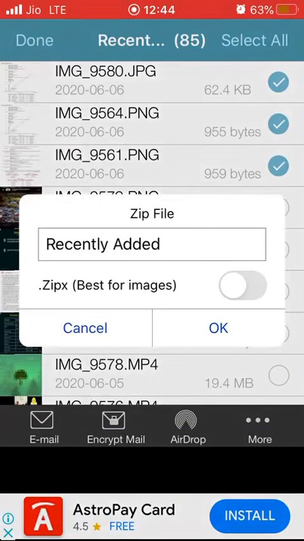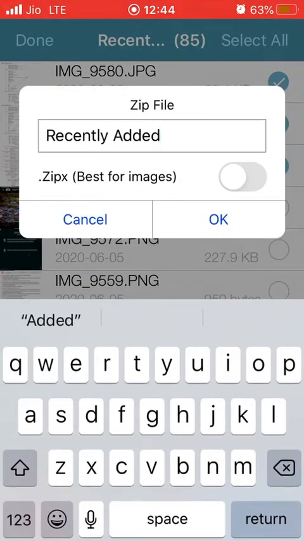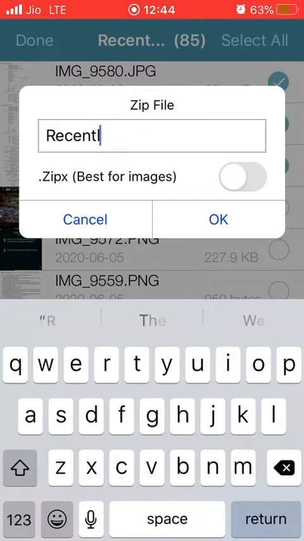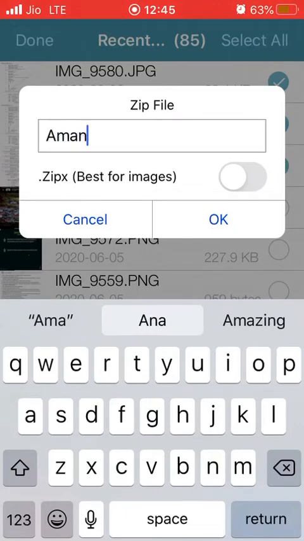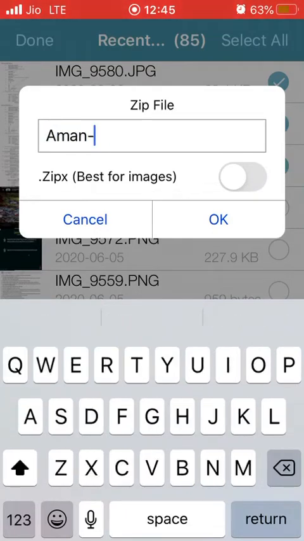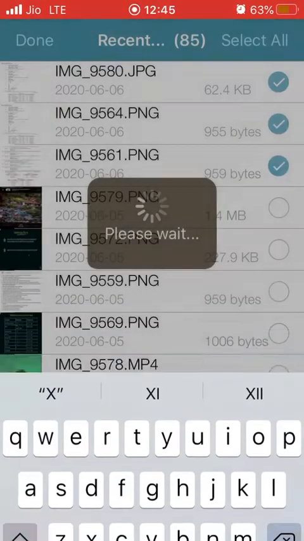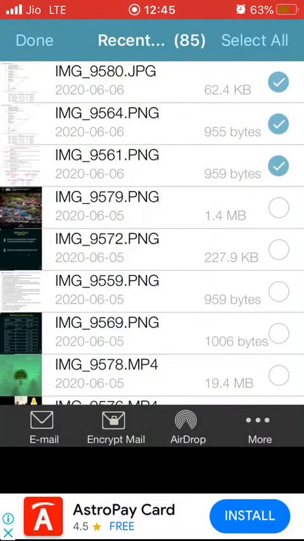Now these files that you have selected would be of the same student. So here you would write the name of the student. Suppose Aman, class 10th. Okay. You need to do this for all the students, because you have downloaded the files, there will be 3 files or 2 files, so you need to do it for every student.